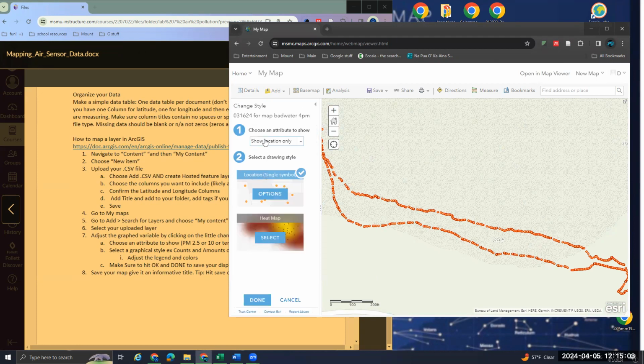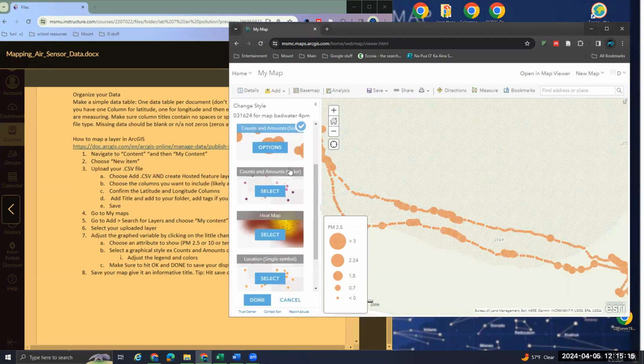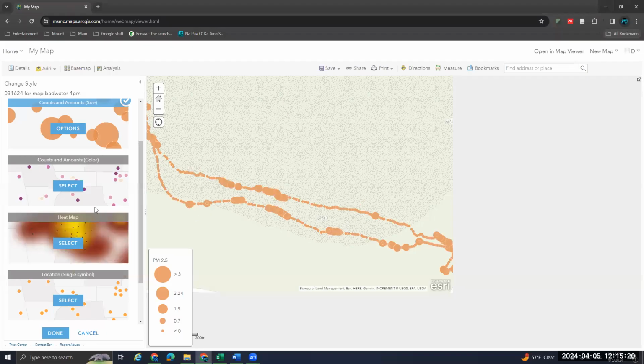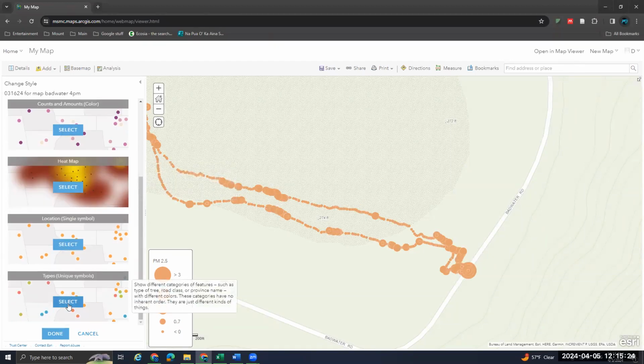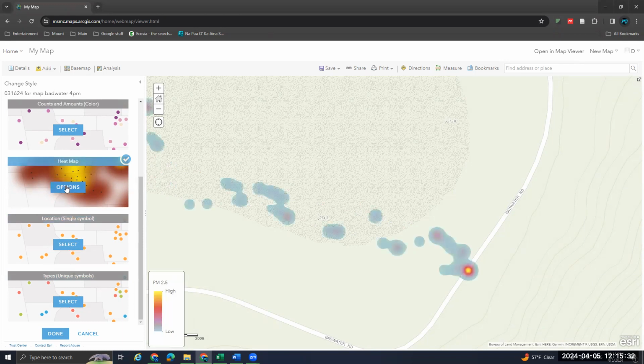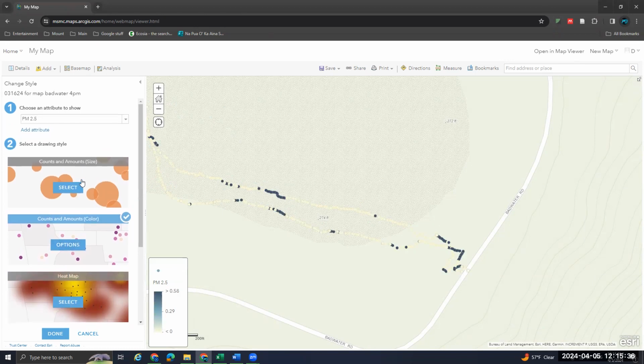Back to here, click the little multiple shapes. Click whichever one you like. I'll do 5. And you can pick a variety of different things. I'll click 3 of them just so you can see what they look like. So there's this one. There's this one, which is just location. That one's like a heat map. It's a bit longer. This one I like the best because it's just like announcing colors, and then this one